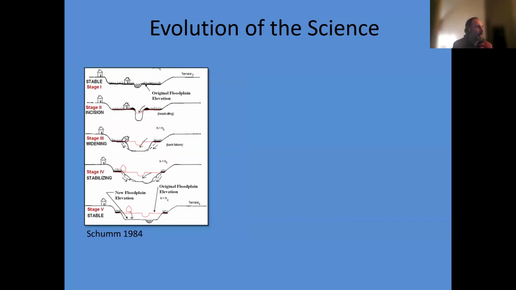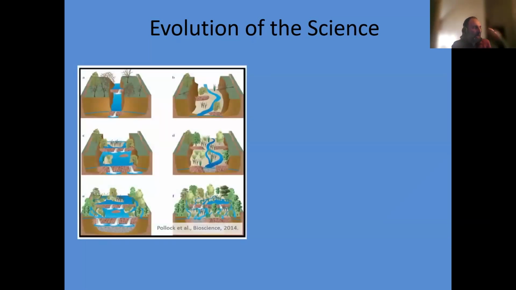And instead of, sorry, I'm going to back up there. Instead of this one-way evolution process, really linear and only one directional with an endpoint at stage 5, we start to understand that with biology, we can actually go past stage 5, which in this image is probably represented by subfigure D. We can really go back, and these channels can be reconnected to their original floodplains and reestablish that multi-thread, really low energy morphology.